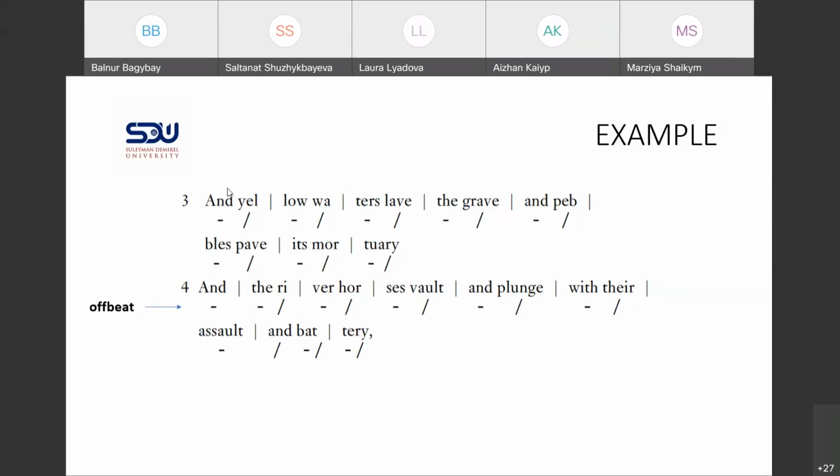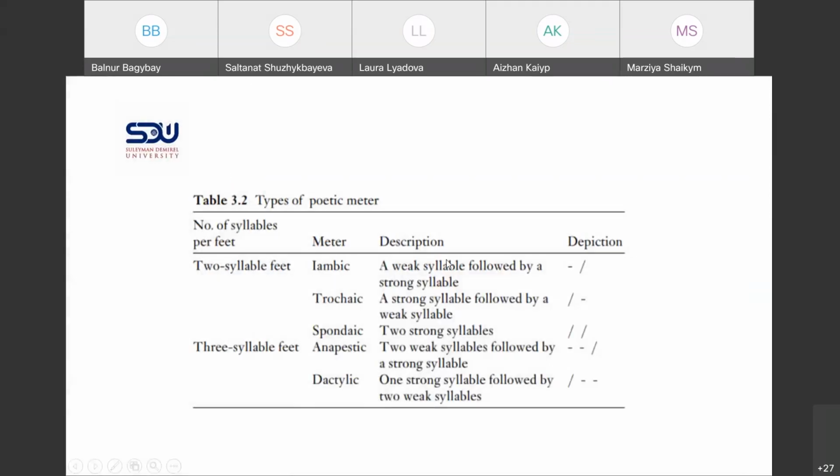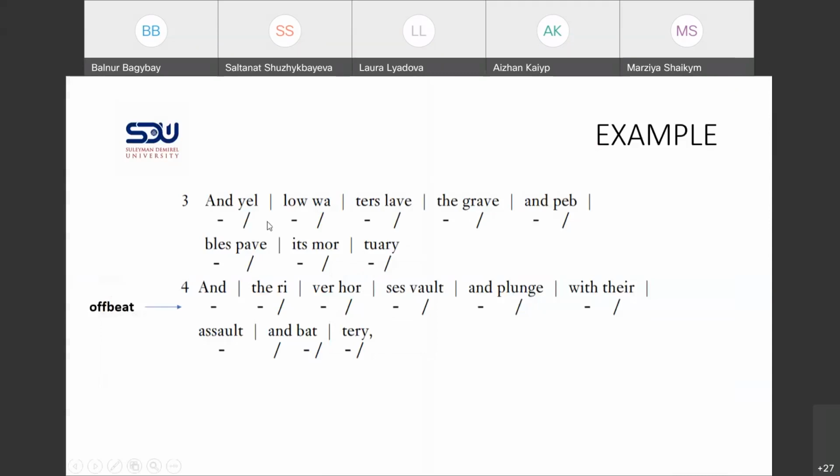Yeah, as Laura has mentioned, it's about iambic. Iambic rhyme. Again, the iambic rhyme. And this one, when two, so this is not one syllable, right? They are two different syllables. And when we have two